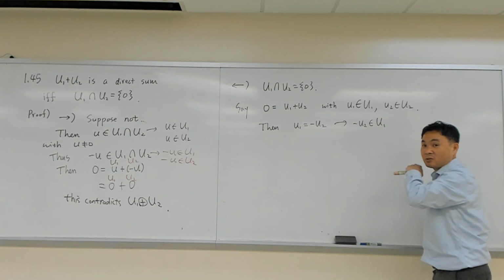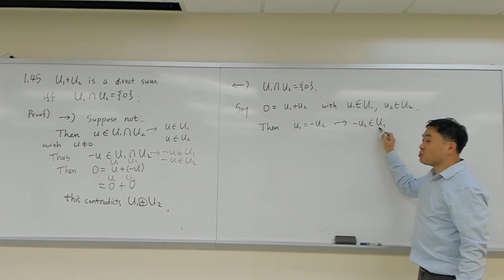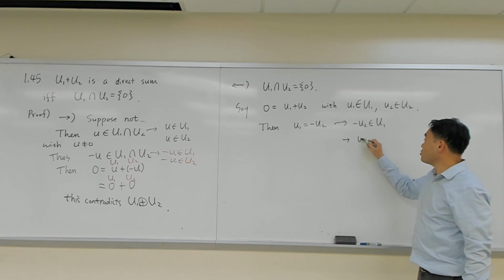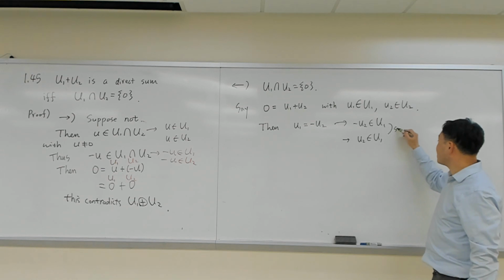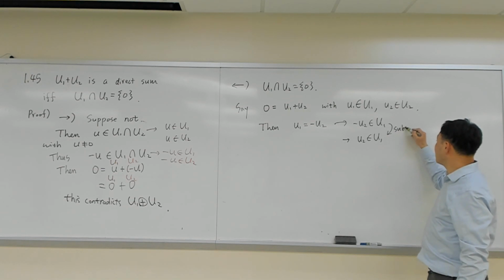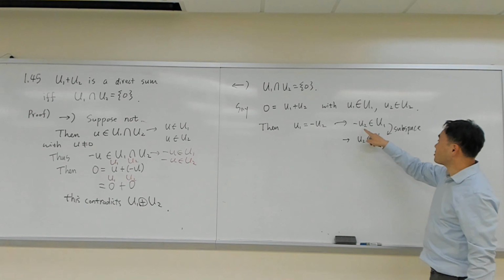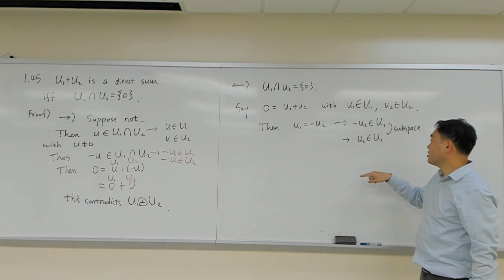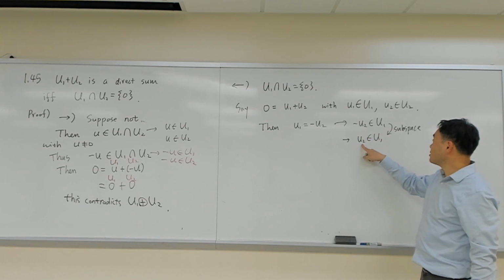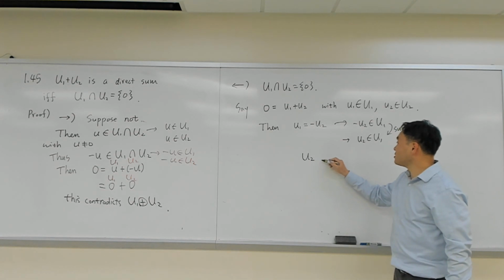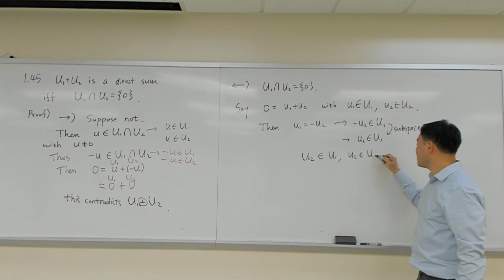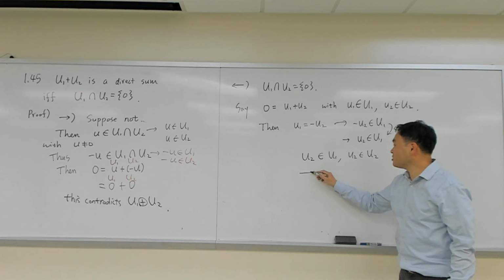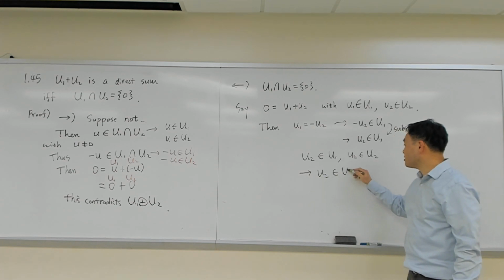But then we know that U1 is a subspace, so that means u2 is also in U1 as well. Being a subspace means that the inverse exists, right? But now look at this. That means that u2 is now in U1, and u2 is in U2, which means that u2 is in the intersection of both,